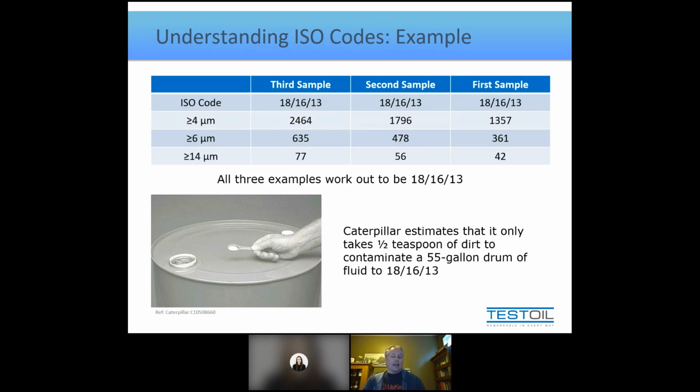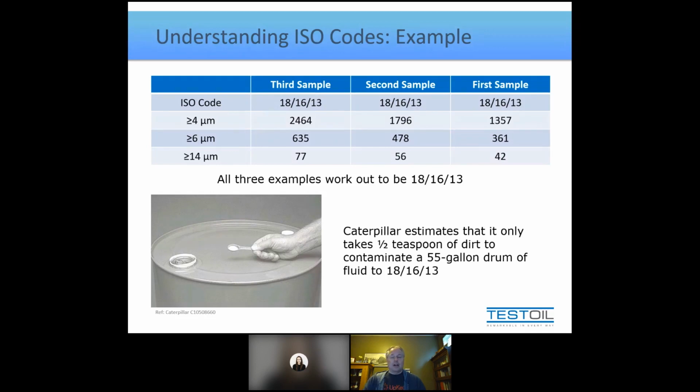So if you take 4 times a half a teaspoon, what we're essentially able to say, to put it in tangible terms here, new oil contains roughly 4 times as much particulate as a half a teaspoon, which works out to be 2 teaspoons. So there's about 2 teaspoons of debris minimum in every drum of brand new fluid. That's what 20/19/16 would equate to as a tangible amount. You could hold in your hands and say, this is how much dirt's in the system.